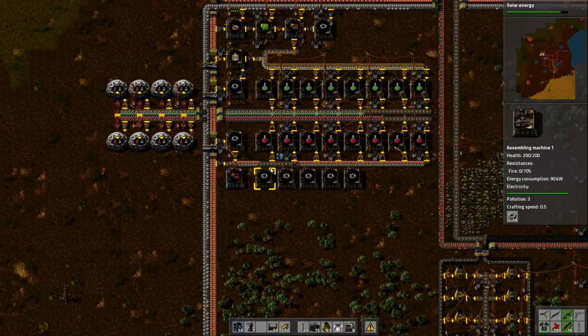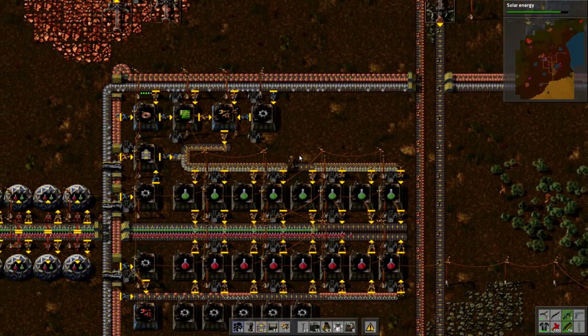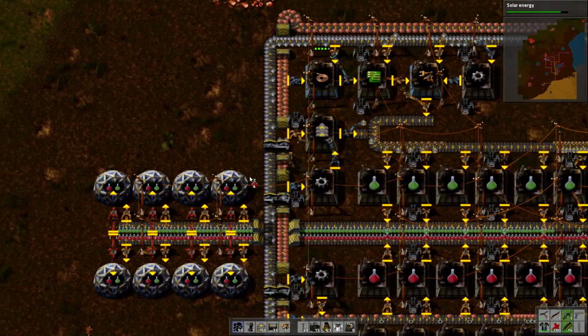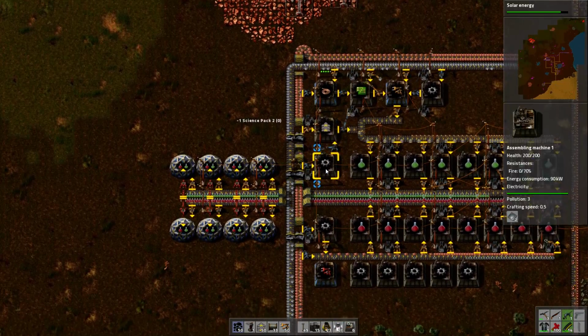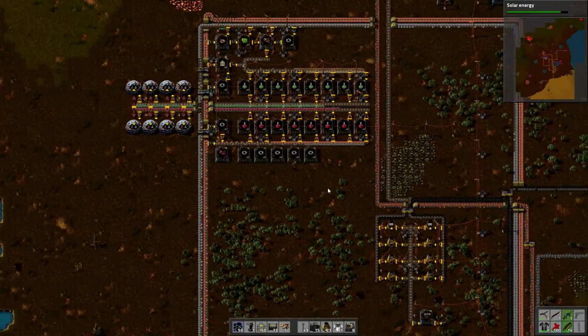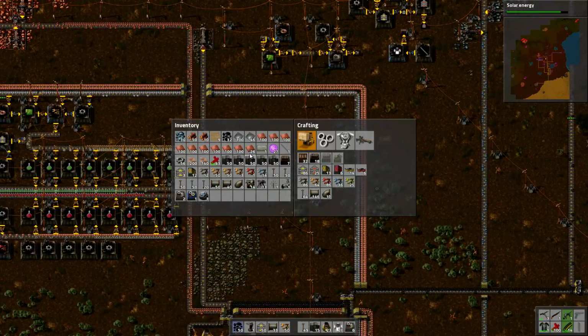Here, we'll just pick up some of these gears we don't actually need. Also, we'll pick up some of this stuff. And we'll throw whatever science packs we accidentally picked up a while back into those things. Pick up some of this stuff. I just want to get this loop done. I didn't disassemble this thing. So if I had some iron...